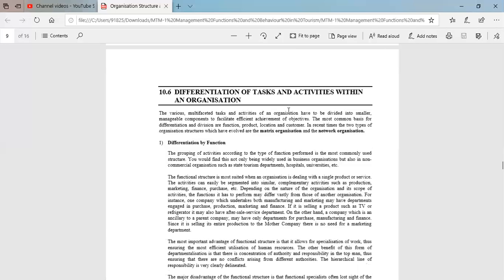So, differentiation of tasks and activities within an organization. Differentiation by function. So matrix organization, network organization. So matrix organization is like